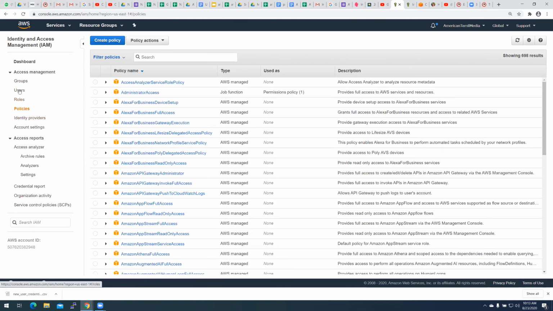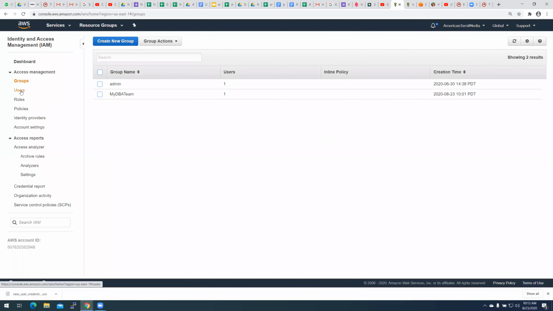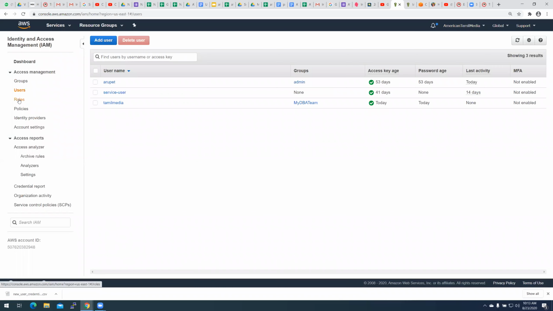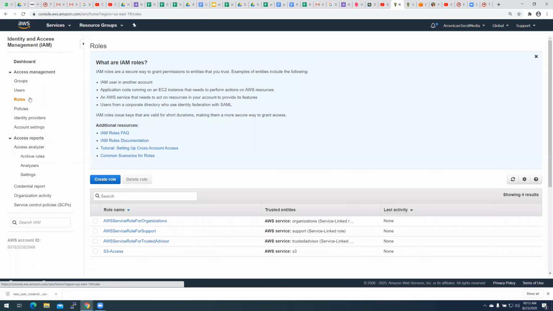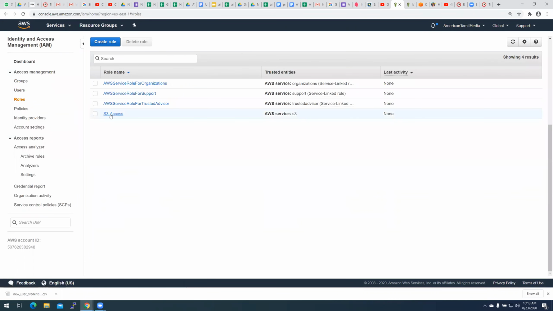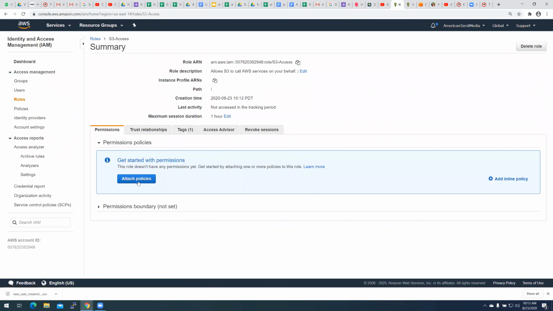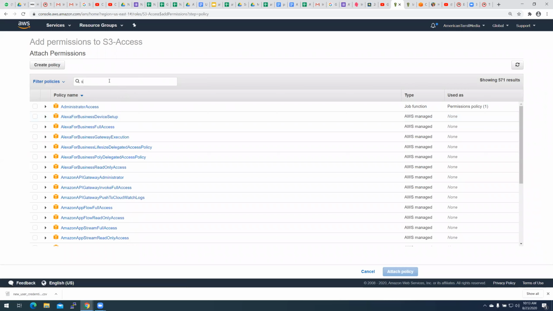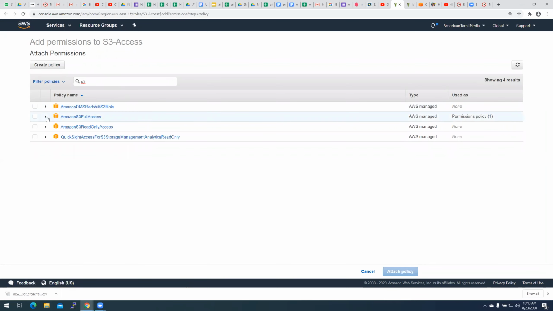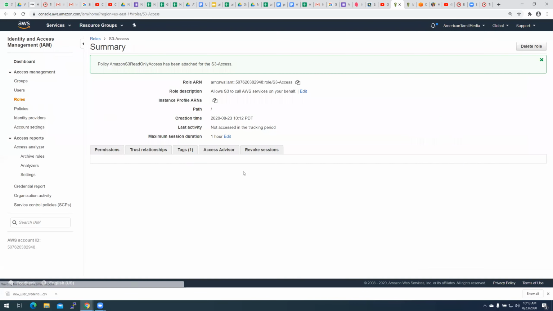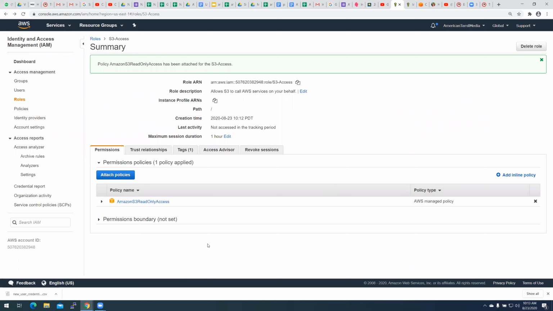So we saw the users, the groups, and then the roles that we created. To this role, we will attach the S3 policy, either the S3 full access policy or just a read-only policy. Always start with the least privileges.